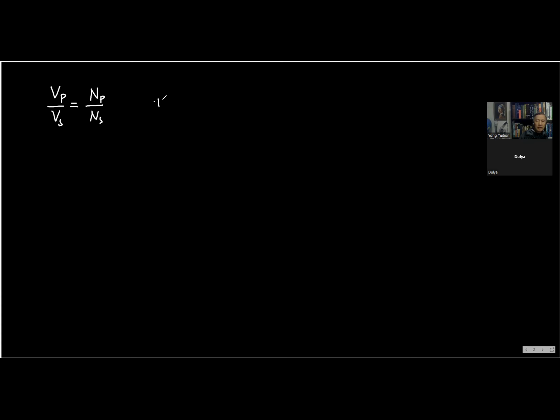That is our first equation. The second equation is that primary current multiplied by primary voltage is equal to secondary current multiplied by secondary voltage. This is our second equation. Can you see? We just derived this formula by assuming there is no energy loss and no leakage of the magnetic field, right? So what can we do from equation 2?